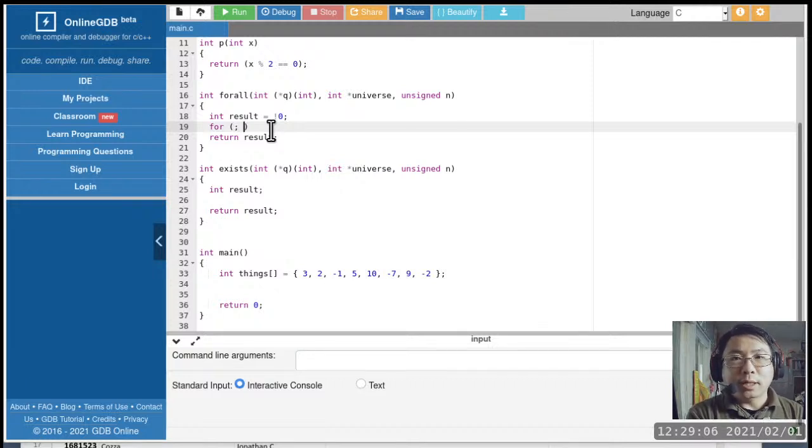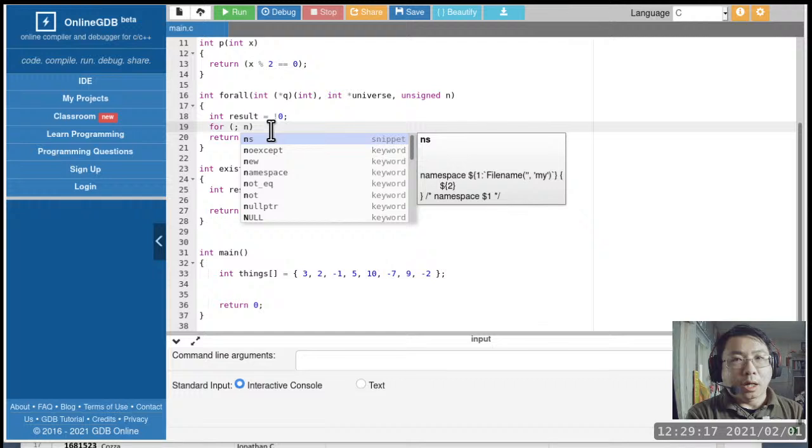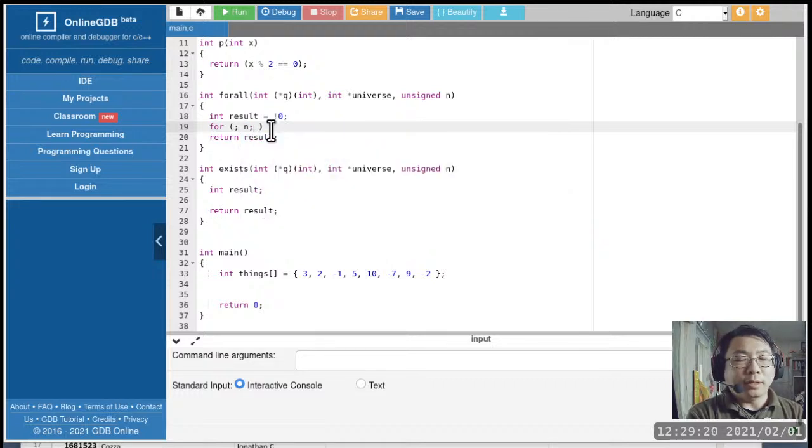So now we specify how do we stay in this loop. If you just want it to be simplistic, you can basically say we stay in the loop as long as n is not 0. So n all by itself can be the condition to stay in the loop, because n is the number of elements in the array. I'm planning on changing n per iteration in the post operation, but we can use n by itself as a condition to stay in the loop, because we have at least one thing in the array that we have not considered yet.